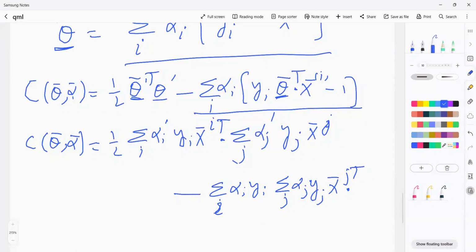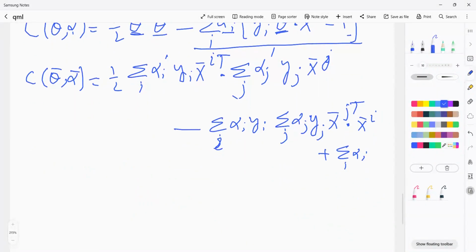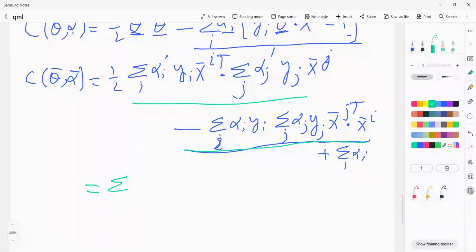Even if we don't put it, it's clear, but just to be sure. And then there is this term alpha i multiplying with -1. So this becomes plus the sum of alpha i. All right. So now you see this term and this, they're exactly the same, except that this is half, this is -1. So what we get is the sum of alpha i, this term, and then minus half